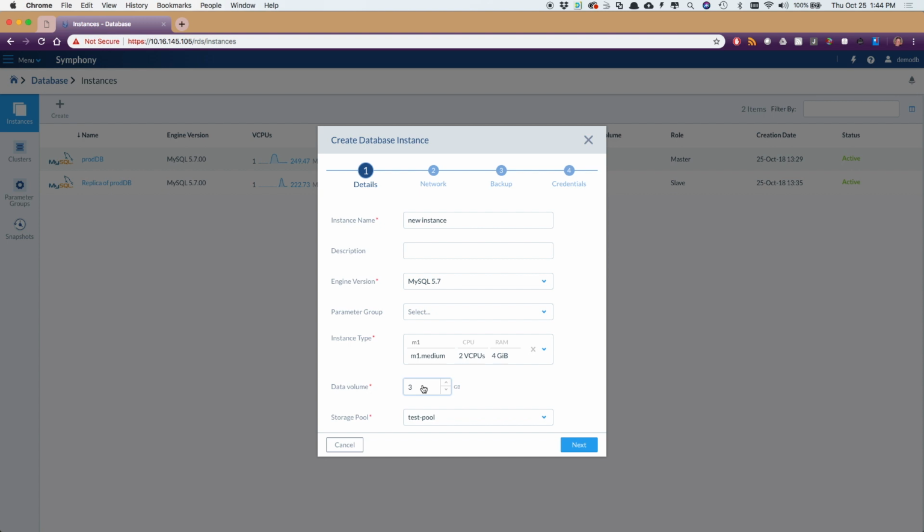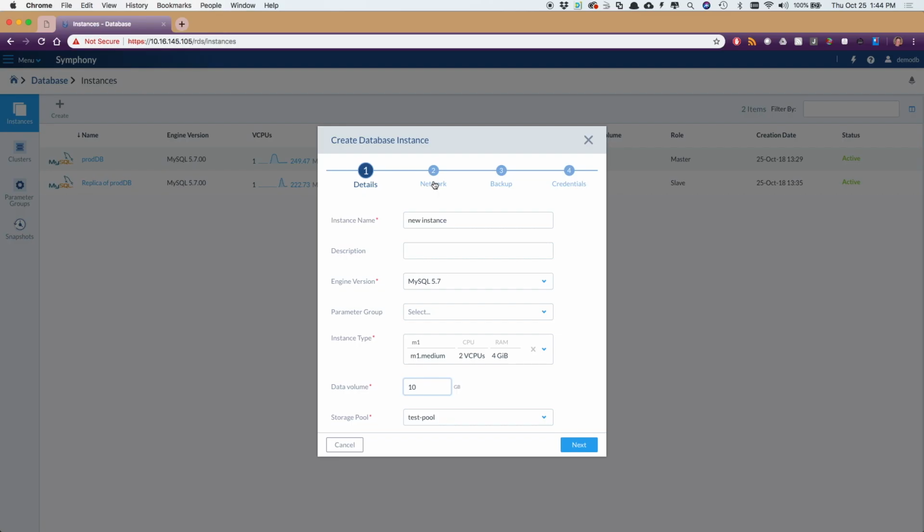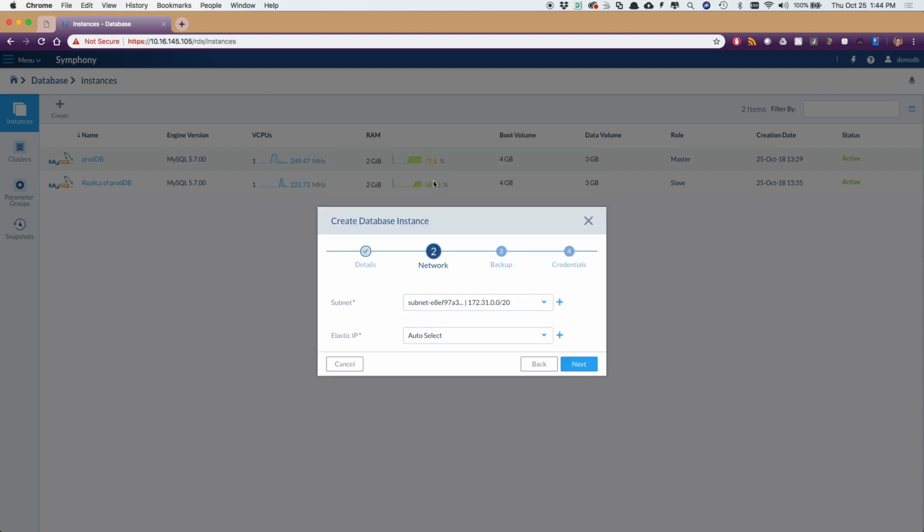Fantastic. And we get to pick a data volume. One of the things you're going to see later in the demo is you can scale each of these independently. That's so great. If you pick the wrong one, then you can change it later. So we're going to say make this 10 gigabytes of data, and then we're going to leave it on our pool there. For network, this will be launched into our VPC that I've already provisioned, and we're going to